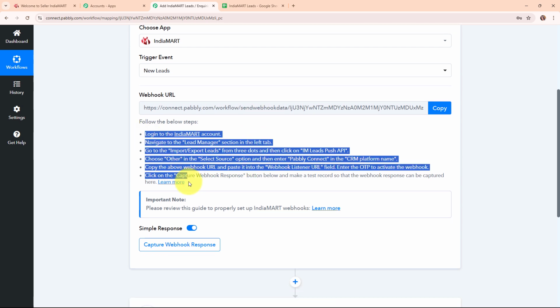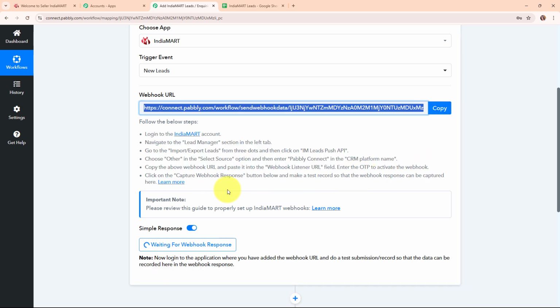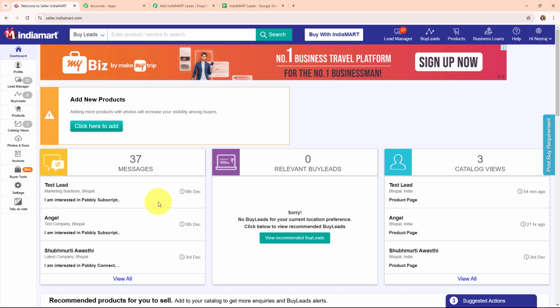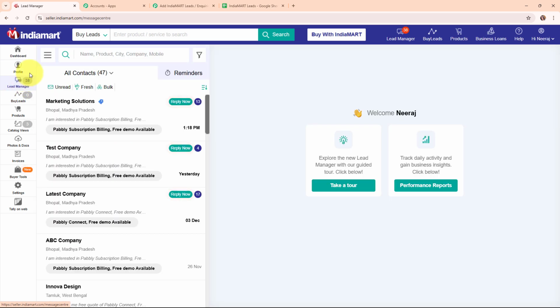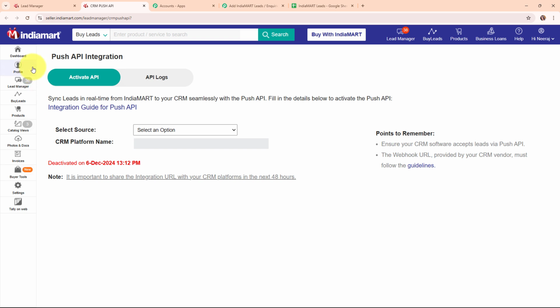So here, following the instructions given below, firstly I'm going to copy this webhook URL, and I've already logged in to my IndiaMART seller account. So this is my IndiaMART seller account, and from here I'm going to select lead manager given on the left side bar, and under lead manager I'm going to click on this menu, and from here I'm going to select import export leads. Now under import export leads I'm going to select push API,